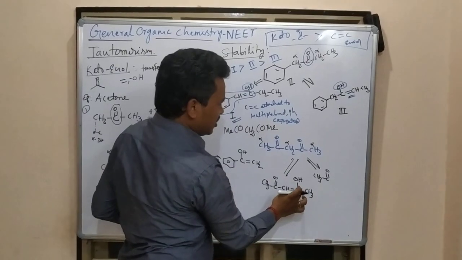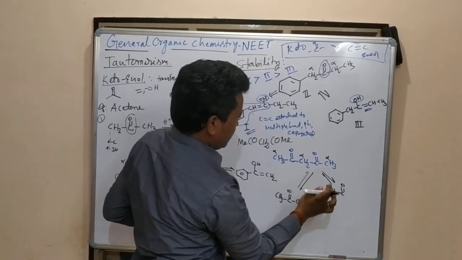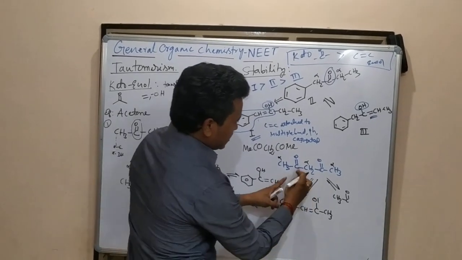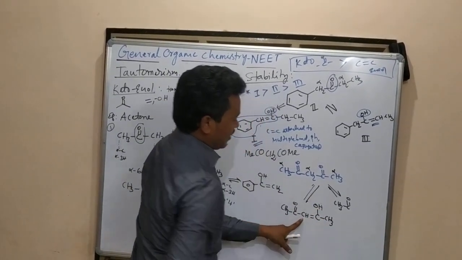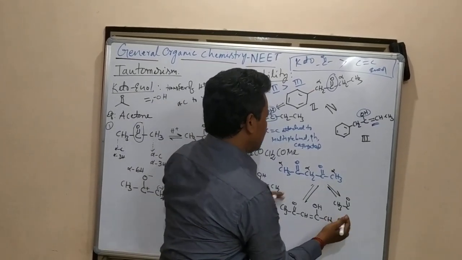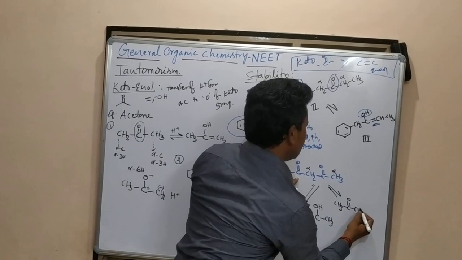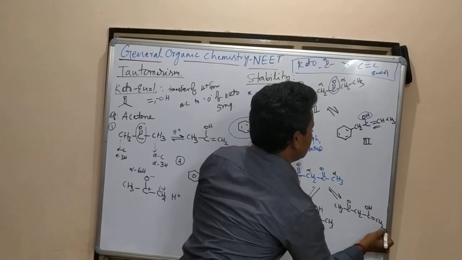This I didn't touch now. This I am not going to touch. Where is this one? What am I going to do here? This one is going to jump here. What I am doing is this one is going to jump now. CH3 double bond O, CH I am not touching, COH double bond CH2.